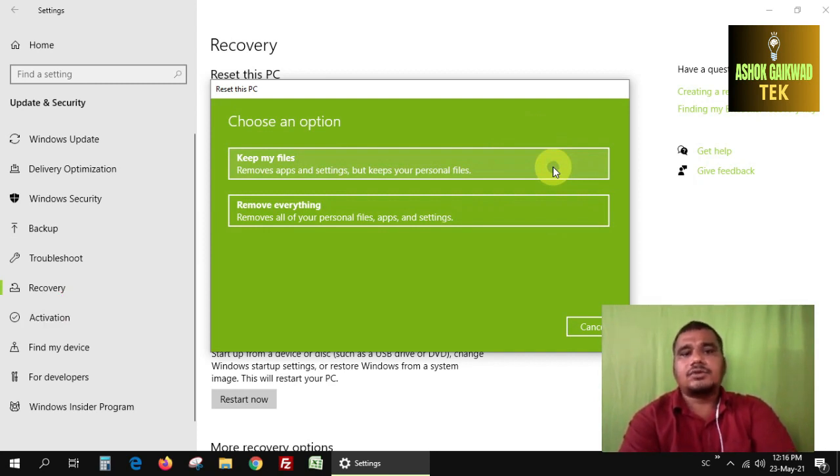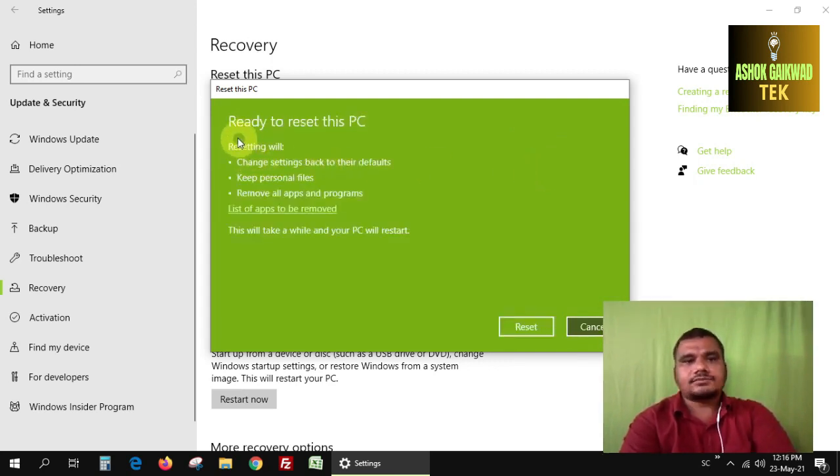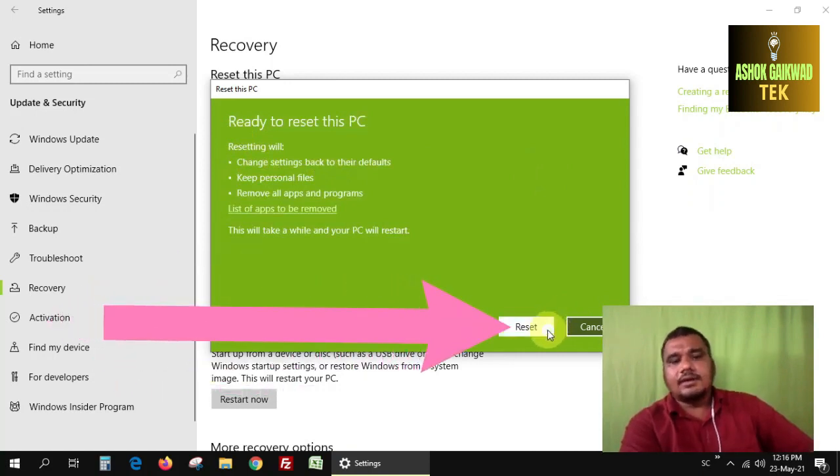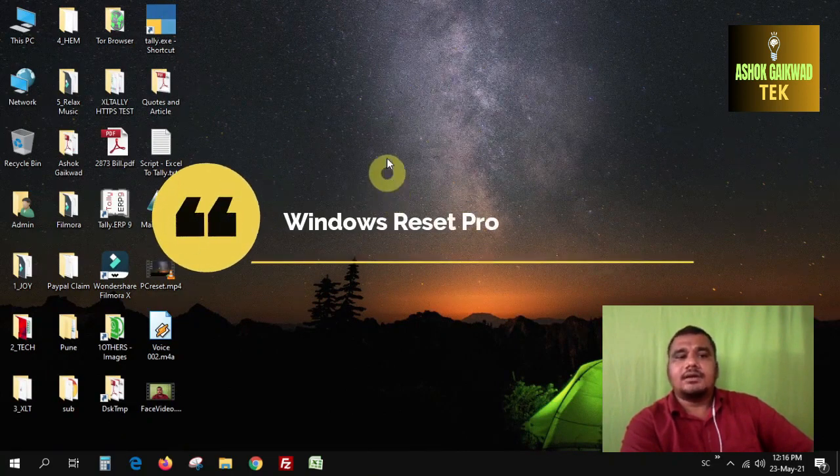Once you decide what should be removed from your computer, click on the Next button. Windows will tell you what will be deleted before you press the Reset button. Finally, click the Reset button. Your computer will restart and after several minutes, it will boot back up again. When you return to Windows 10, you will see that whatever you selected to be removed has been wiped from